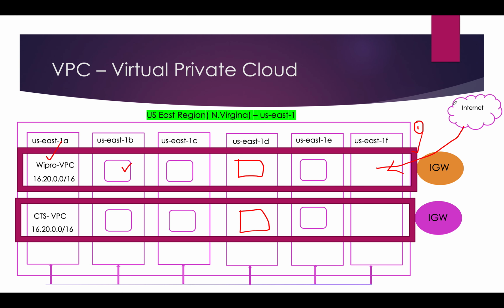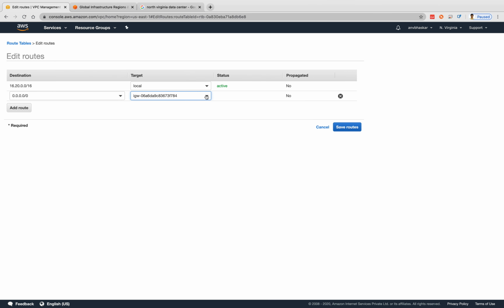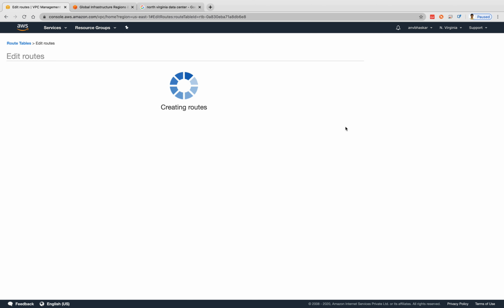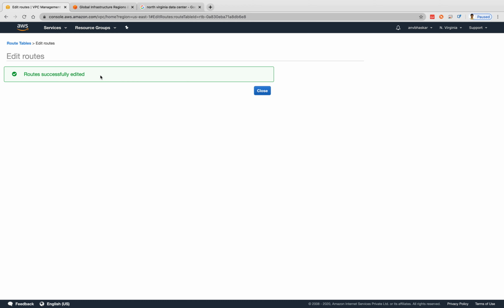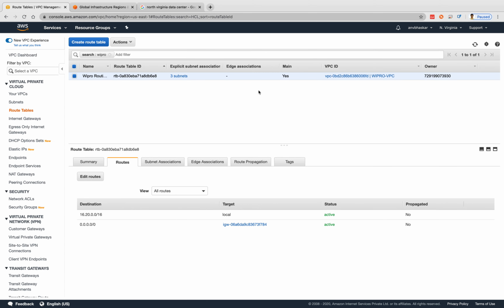So I'm linking to that routing. Okay, if anyone wants to come from here via here, come via this gateway. I'm explaining in that way. That means any system is allowed. Save the routes. Routing successfully edited. Close. Now your routing is also completed. Now this is the gateway route. If an IP address starts with this one, it will use this routing target. This is the routing table. Apart from 16.20, if any IP comes, it will use this routing.